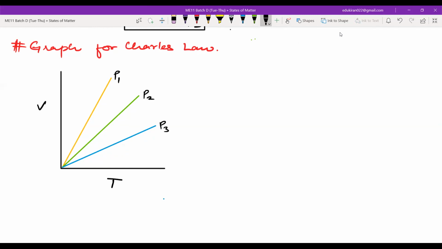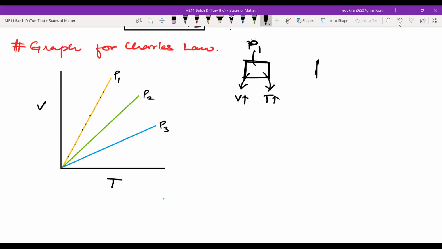So for all these plots, you have to suppose that you had a gas here, and its pressure was measured to be, let us suppose, P1. Volume and temperature were variable. They increased the volume, decreased the volume, and saw the change in temperature, or they increased and decreased the temperature and saw the effect on the volume. So you got V1, T1 here, then here, and so on. You got this plot.